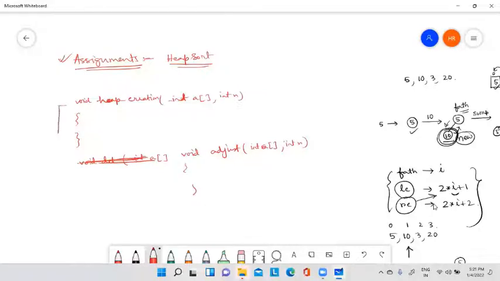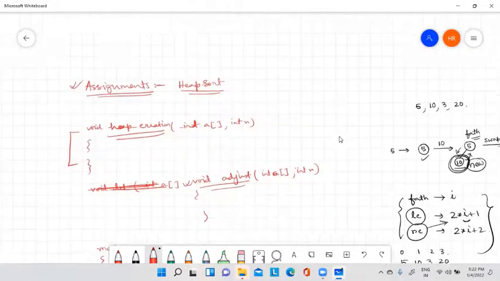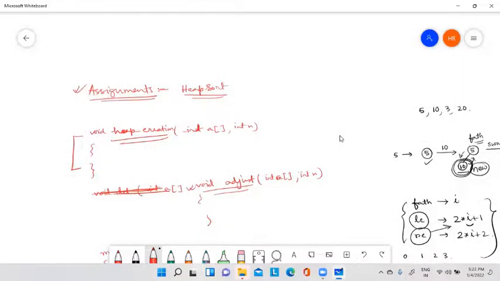So you require one heap creation function and one heap adjust function. This is for after the deletion, and this is for creation, and these two will be called from the main function. So this is your heap sort. So try to implement